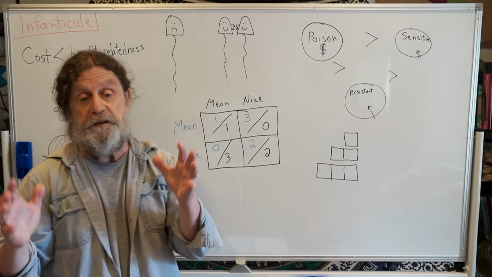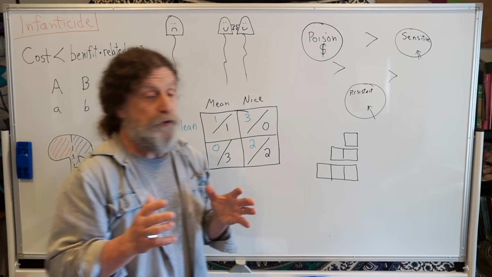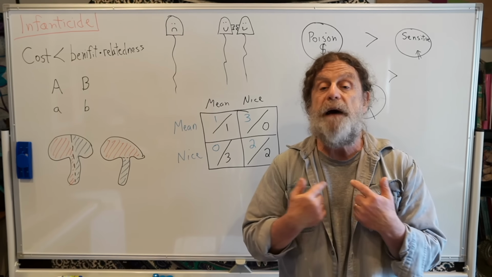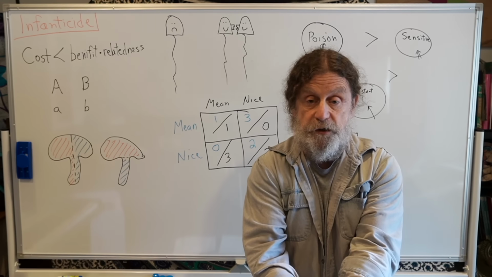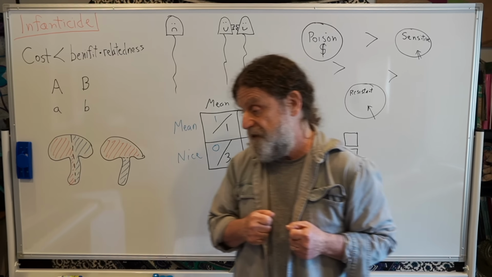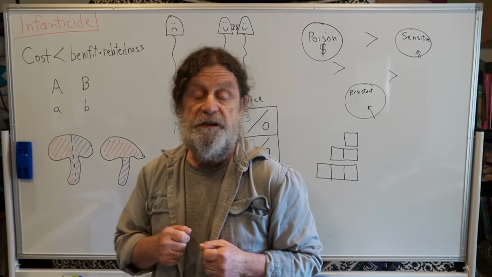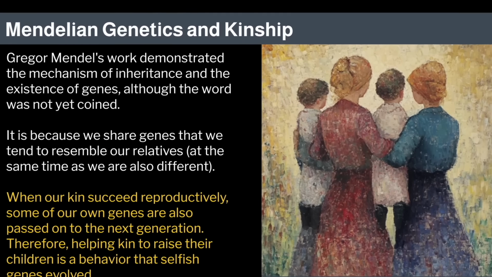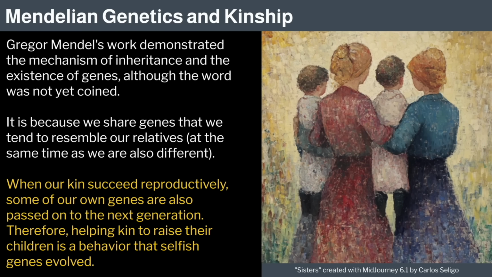So, our first building block: animals do not behave for the good of the group or species. Animals behave to maximize their own individual reproductive success. Individual selection, the selfish gene, sometimes a chicken is just an egg's way of making another egg. Good. So this transitions us now to the second great pillar of all this stuff, which is built around